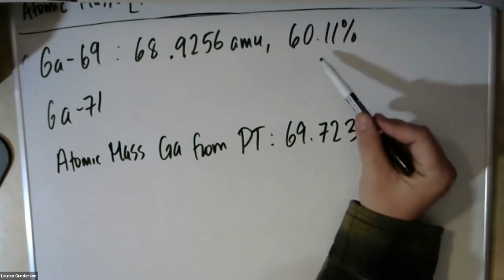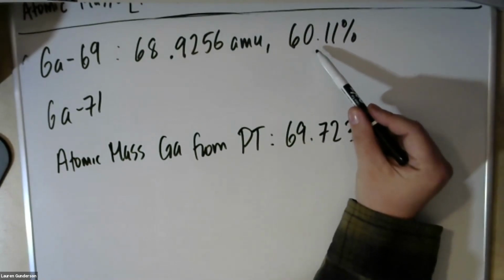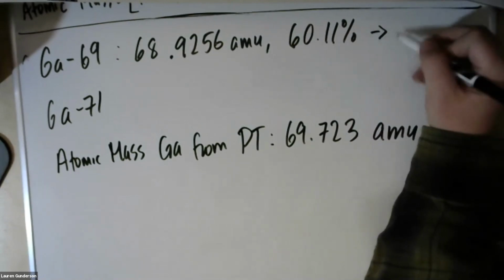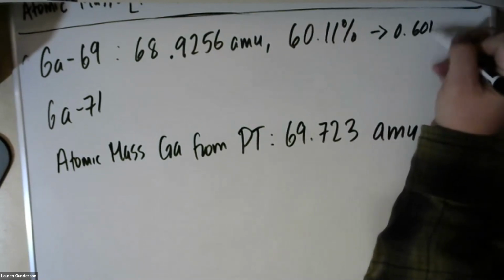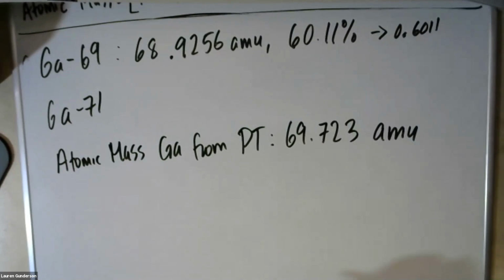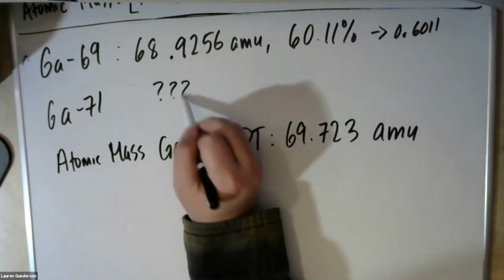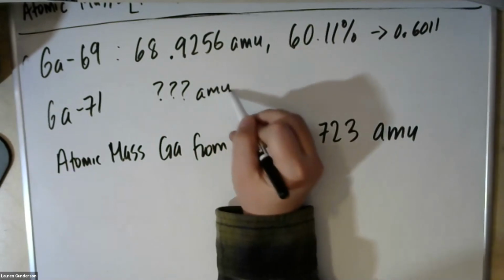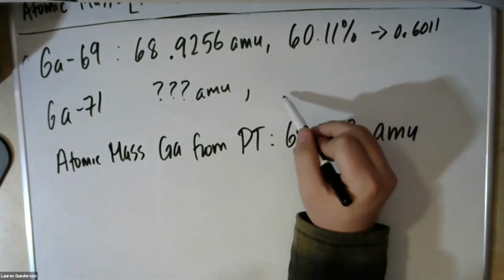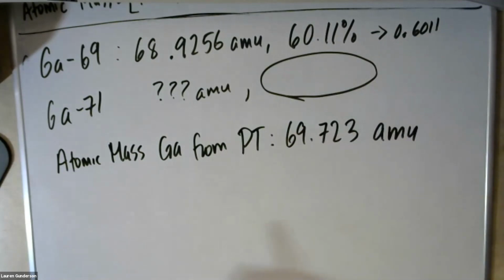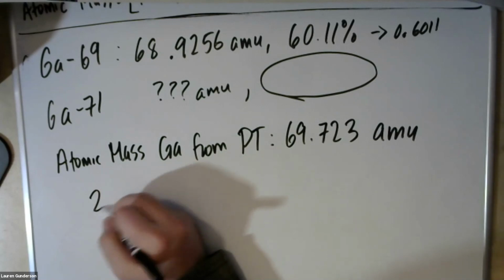We still have a percentage here, which we can turn into a fractional abundance, 0.6011. We're missing the mass here, so we have some question marks for the mass of this isotope. And we were not told the percentage of this isotope explicitly, but we can figure this out. They did not tell us what the percentage of gallium 71 is, but they told us that there's only 2 isotopes,